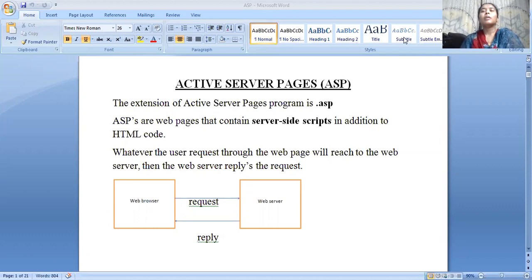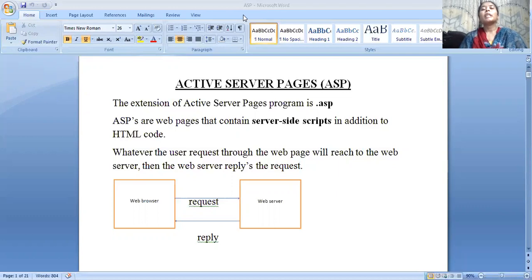ASP is not a language, but ASP is a technology developed by Microsoft, and the extension of ASP is .asp. It contains web pages related to server-side scripting in addition to the HTML code.